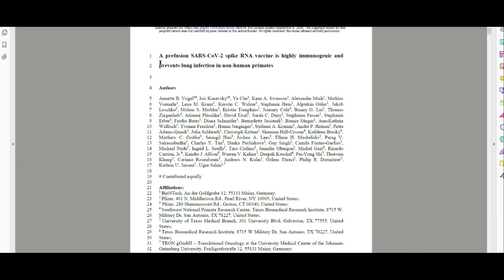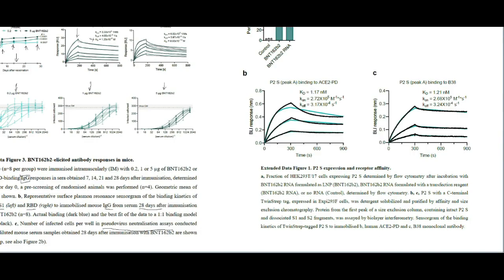It's a prefusion SARS-CoV-2 spike RNA vaccine is highly immunogenic and prevents lung infection in non-human primates. And so I do believe that they have been doing human trials. So this one was posted on September 8, but this is the one where they were doing the non-human and in vitro trials with this